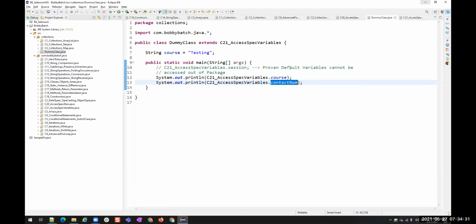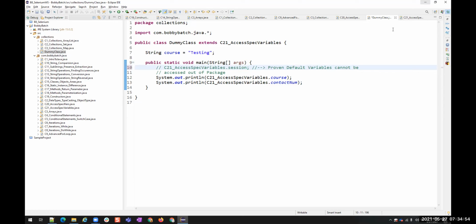But default you will not be able to access even in the child class. Let me comment and show you. See, this is a default variable, session. This is not visible yet. Default, whatever you do, whether you create a child class or not, if it is outside the package, that's all. Default cannot be accessed.